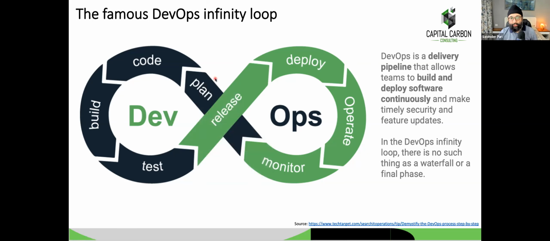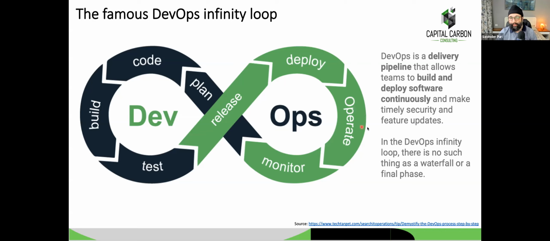And then based on the agile planning and the features or the bugs that you have planned to fix or implement, you would code them, then create the software build for that, then do various sorts of testing, including your unit test, your functionality test, your performance test, things like that. Then you would release that piece of code onto production, from where the end users start using it. As part of that release, you would deploy it into different environments, and then you would get into the operate